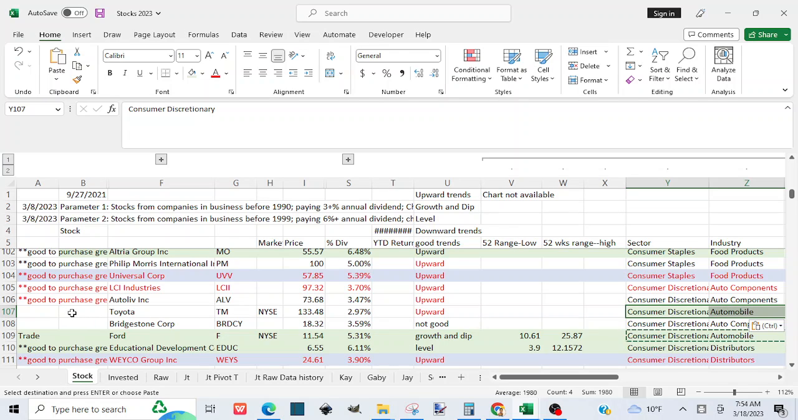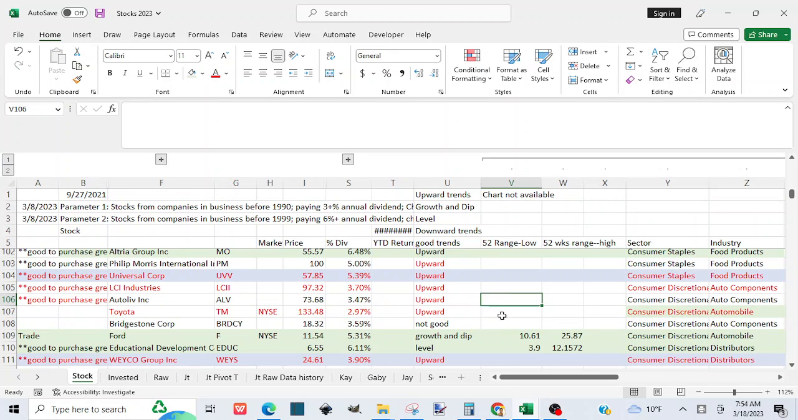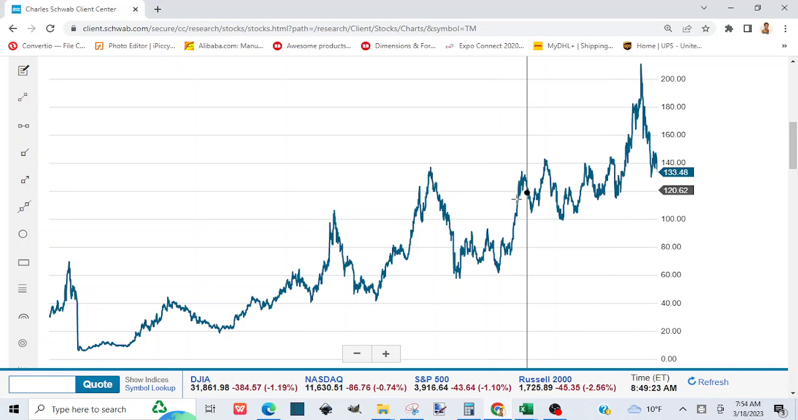And okay, so we have Toyota is upward, and I can make it red just so that you can stand out. But again, I'm not a big fan of 2.97%. So is there something else that makes